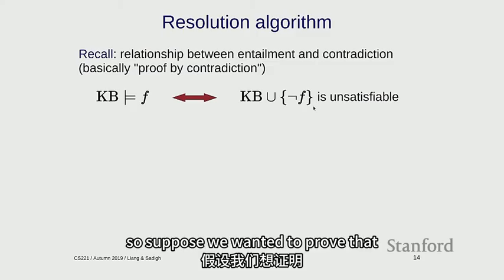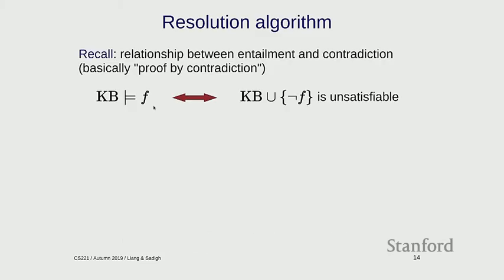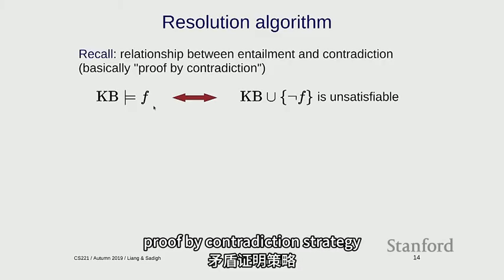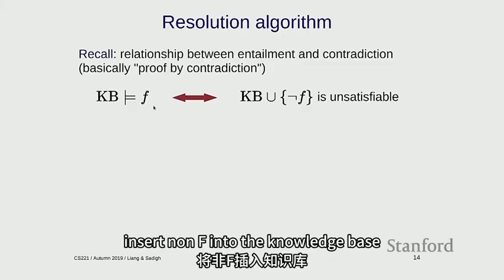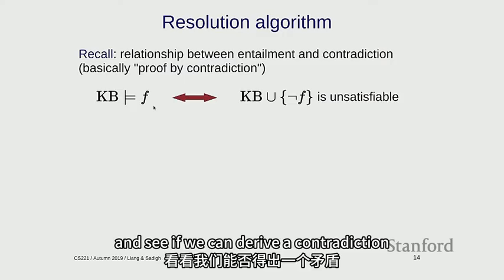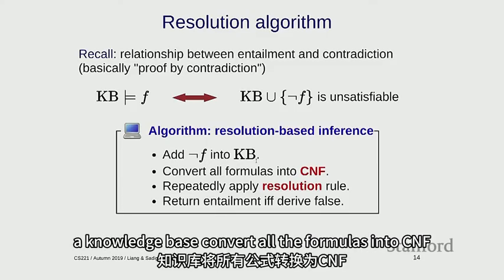Okay. So suppose we wanted to prove that F is derived from the knowledge base. What we're going to do is this proof by contradiction strategy, where we insert not F into the knowledge base and see if we can derive a contradiction. Okay, so you add not F into the knowledge base, convert all the formulas into CNF